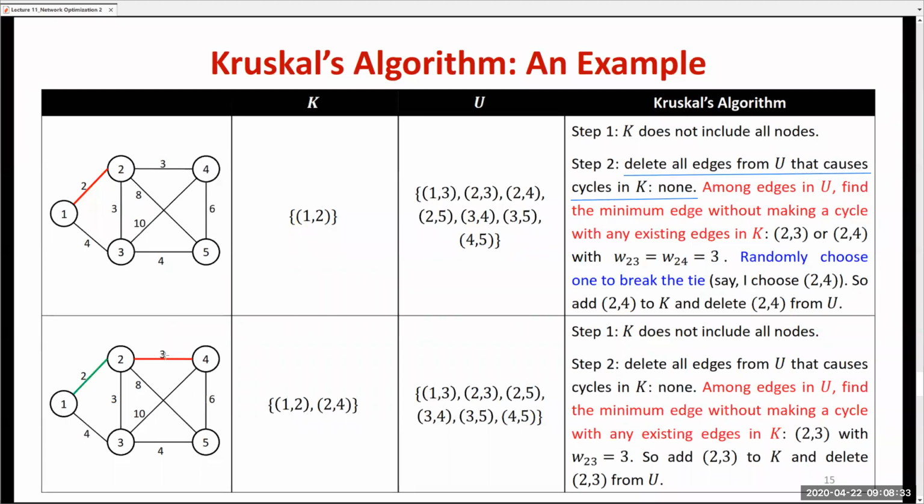So now I'm going to add edge 2, 4 into K, and correspondingly remove this edge 2, 4 from U. Okay, so I'm going to remove this. Clearly here you can see there's no 2, 4 anymore, and the 2, 4 is added here. Now my K becomes 1, 2 and 2, 4. Okay, now again,